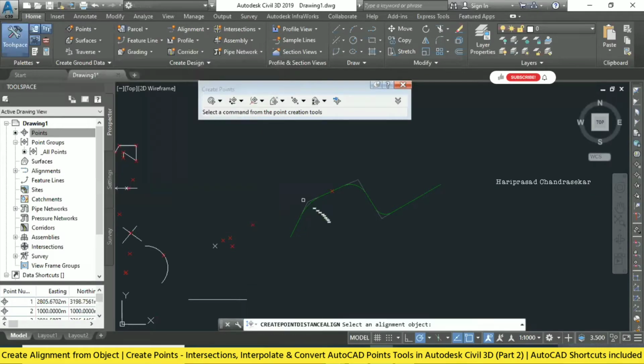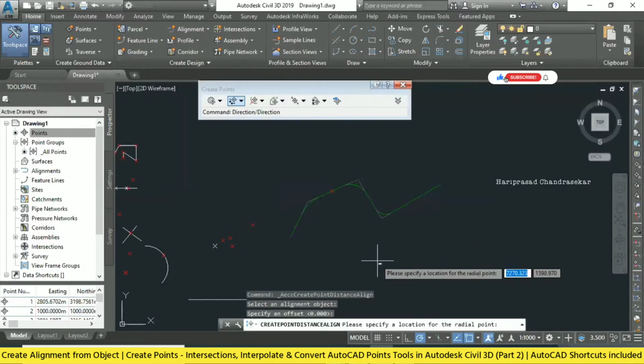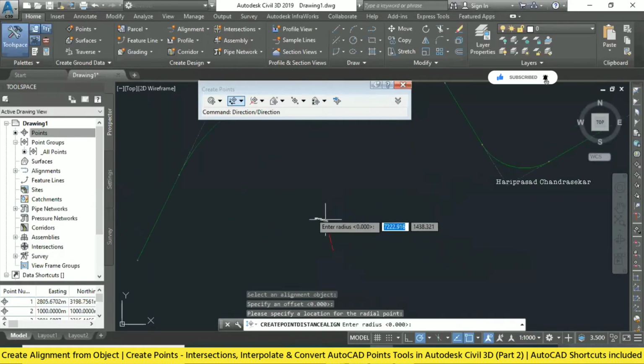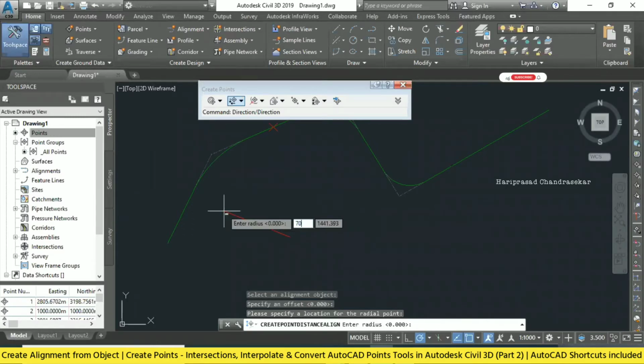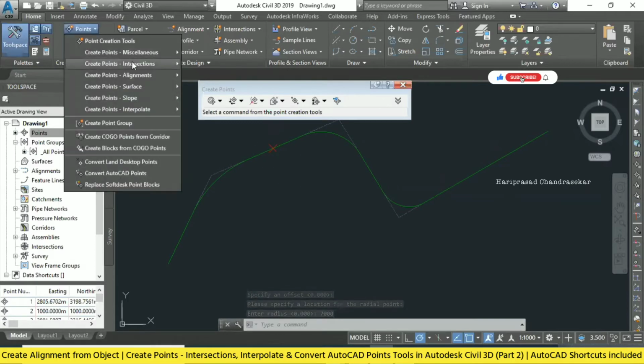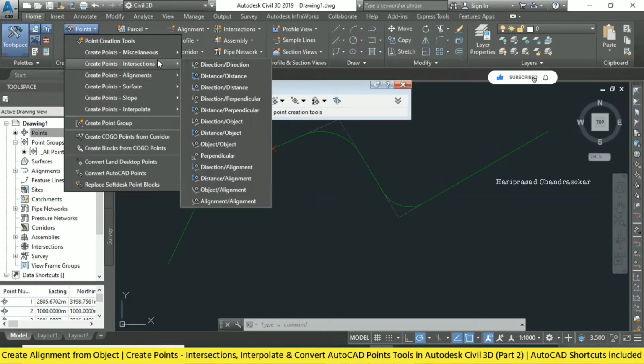Distance alignment also, you can select the alignments. Offset 0, and you can have some radius. For example, I will put 7,000. It is not coming if you put it like that, so we can select the point on top of the alignment itself.